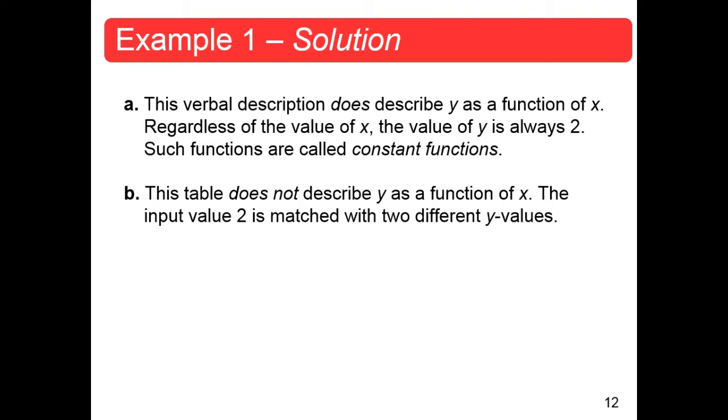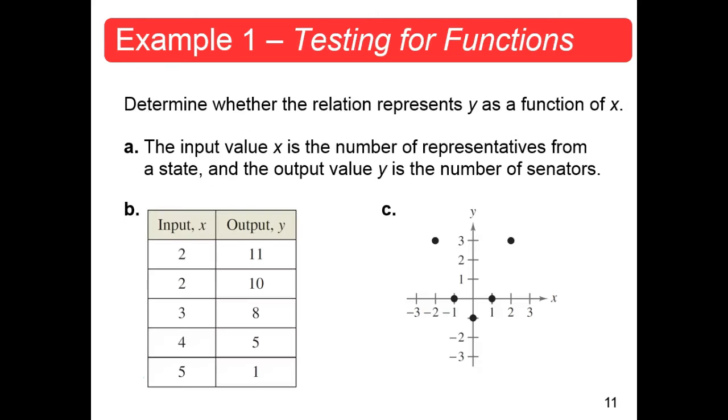Okay, constant function. We'll be naming functions all sorts of things. The table does not describe a function. You gave the reason exactly: the value 2 is matched with 2 different outputs. Can't happen in a function. So here's the key. When you have it as a table or a set of ordered pairs, look at the first values. If you see a same first value mentioned twice, that's suspicious. Look at the second values. If they are different, not a function. Graphs, vertical line test. We haven't gotten there yet, but you did. The words sometimes are harder to see, but we'll figure it out.